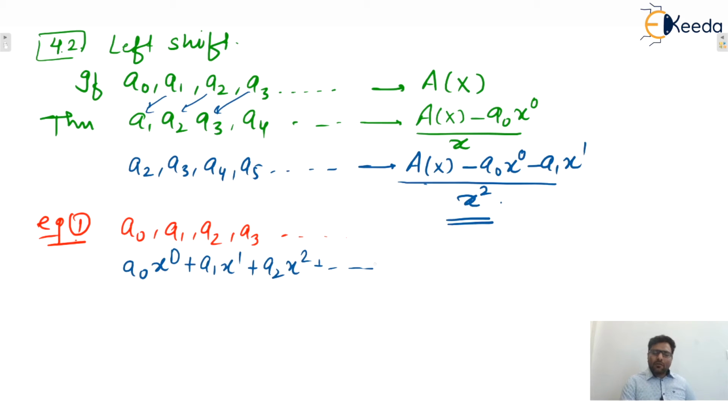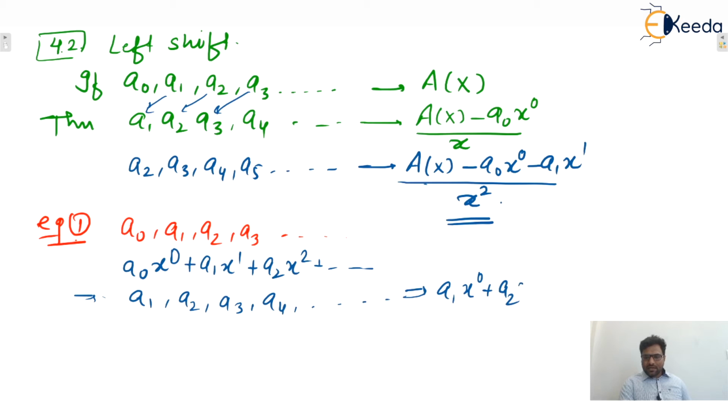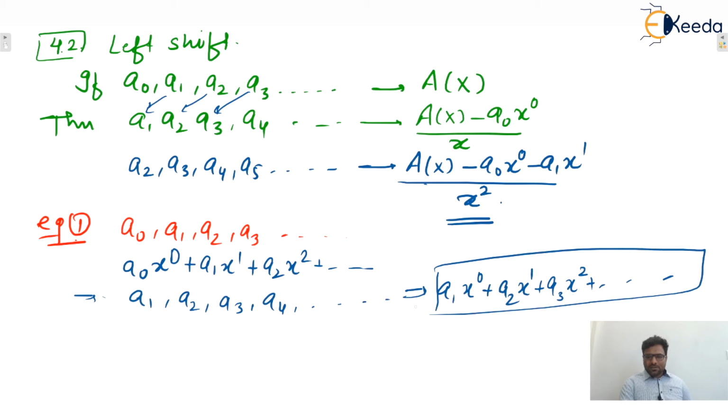Now whatever sequence is given to you, let's say this sequence is given: a1, then a2, then a3, then a4. What will be the corresponding generating function? We can say that the first term is multiplied with x^0, the second with x^1, the third with x^2 and so on. That will be the required generating function, isn't it? So what will be the value of this required generating function?